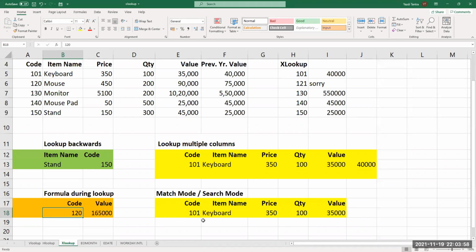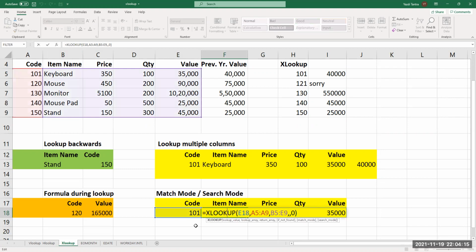And lastly, we have a match mode and a search mode. So what does it mean? Let us see how it works. Normally, again, the same thing. In the formula, XLOOKUP, we are looking up this E18. Where are you looking up?